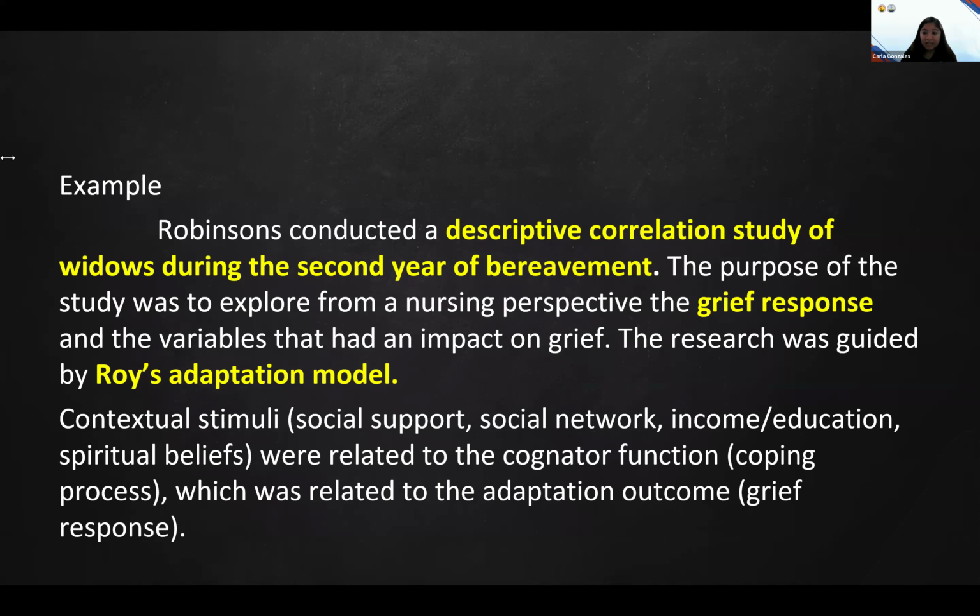It's not really rejecting the theory, but more of refining it. For example, during Nightingale's time, it was more of the actual environment of the patient. But right now, we have virtual environments, we have different types of healthcare settings. So how do we adapt or refine that environmental theory in terms of